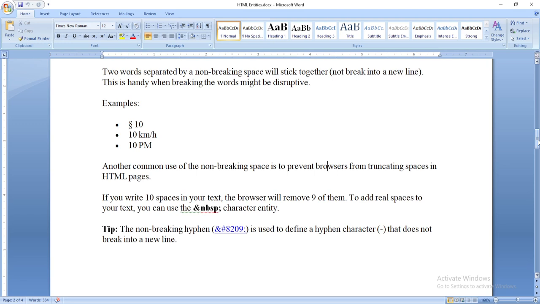If you write 10 spaces in your text, the browser will remove 9 of them. To add real spaces to your text, you can use the nbsp, which is for the non-breaking space, that ends with the semicolon character entity. The non-breaking space is very nice when you are writing something and you want to give a big gap in between the text. You can just place it one by one, like the amount of the spaces you want in between the words,